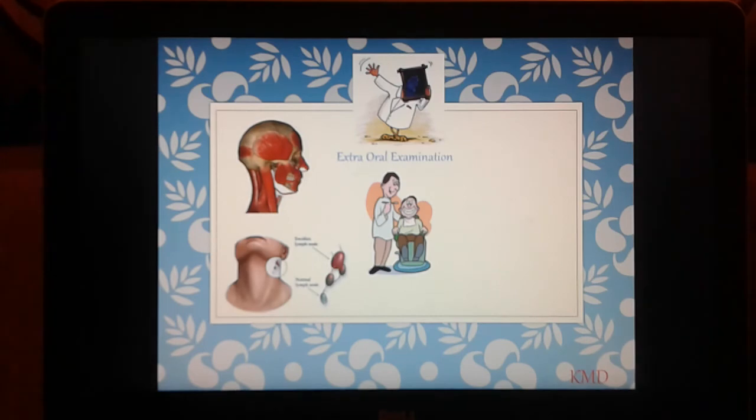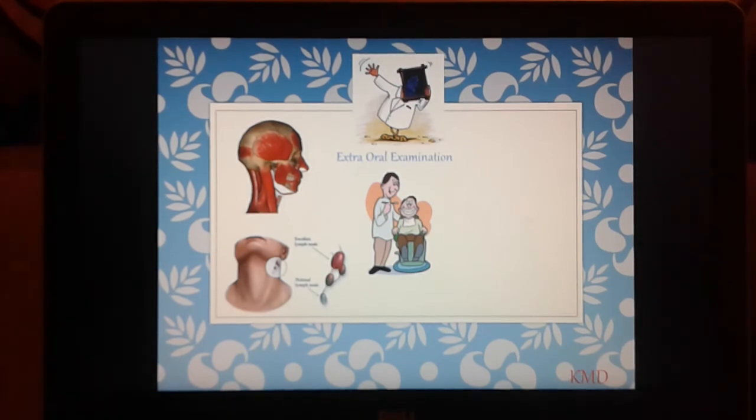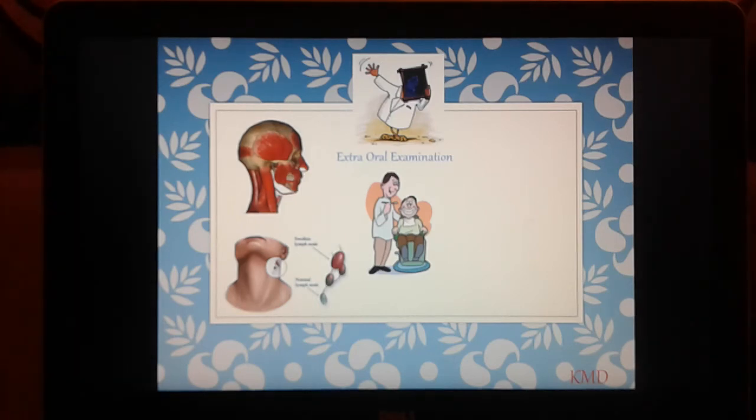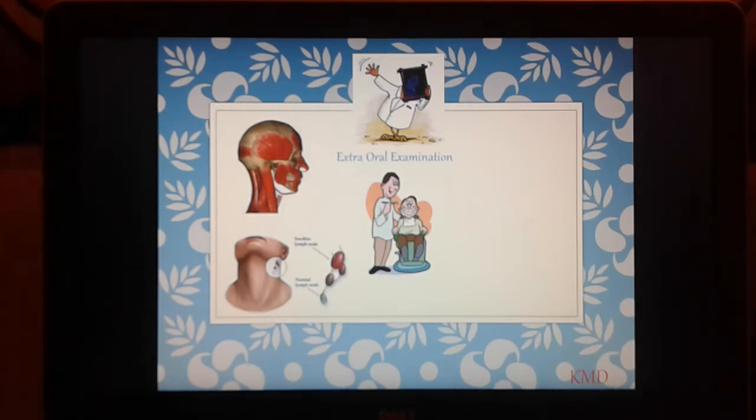In case of any tenderness on palpation, it has to be noted down, along with the mobility of the nodes, or if they are fixed. There are different levels of nodes. There are totally 7 levels of nodes, the level 1 being